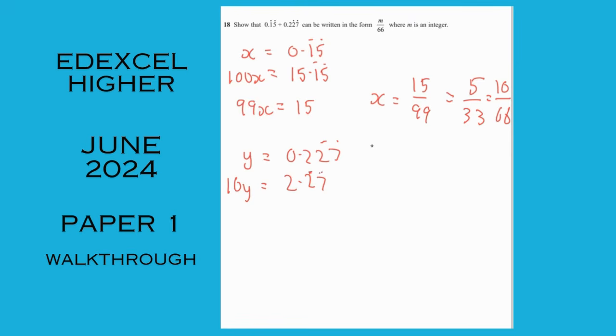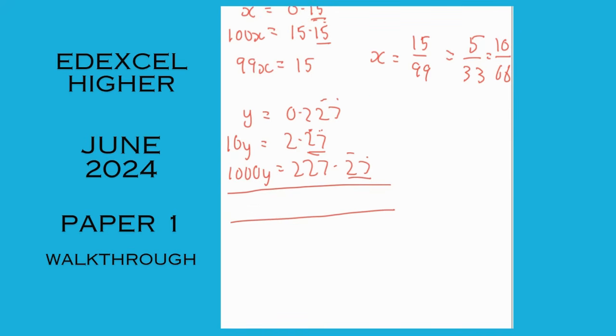And when we now times it by 100 to get 1,000 y, that bumps them all up to 227.2727. And again, just like up here, when you've got the recurring parts repeating, you know you're getting there. So bottom take away top,